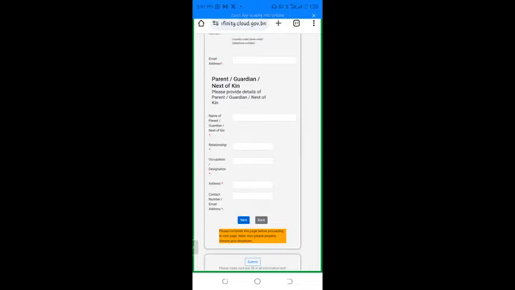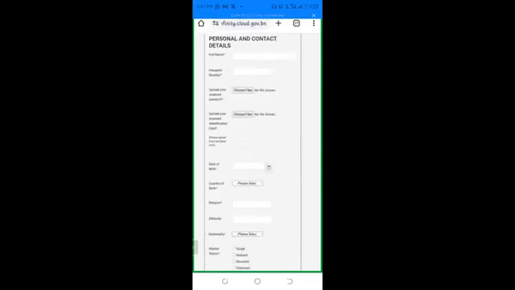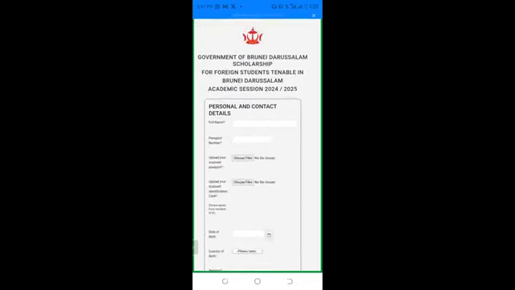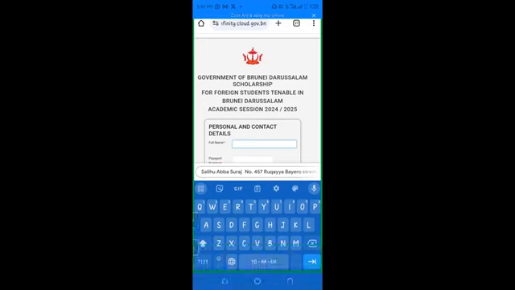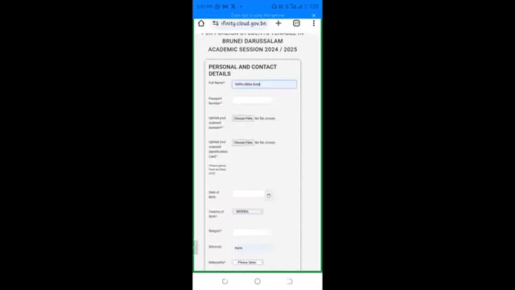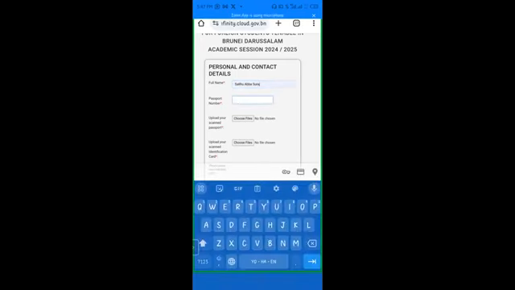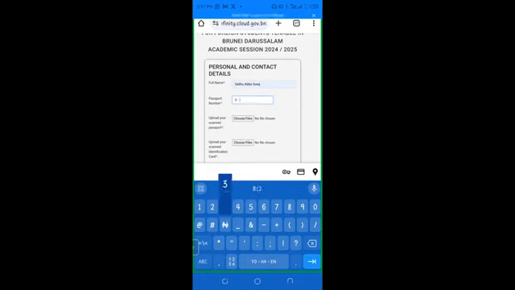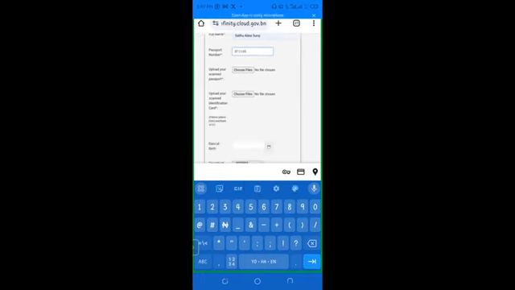I don't know if I have to fill up that part. So it means I have to fill up that part. Do I have to continue, Doctor? Yeah. All right, so let me just fill up. Okay. So let's say I have a passport number of B12345. Then they said I should upload a scanned passport.